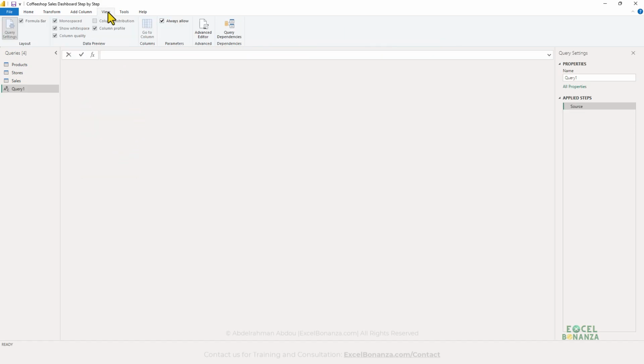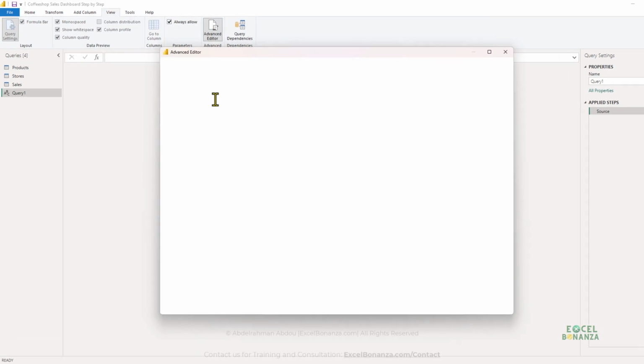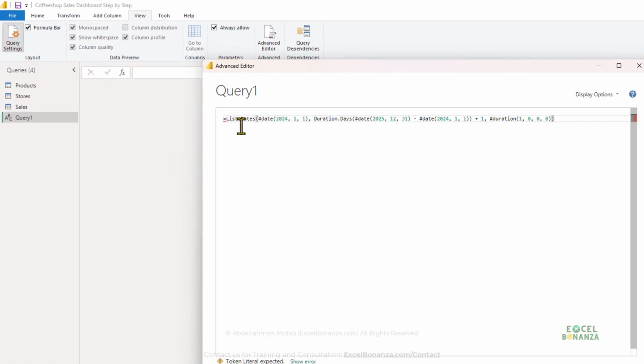And I'm going to go here to the View tab and go to the Advanced Editor. My data actually spans between 2020 and 2023. I'm just going to remove this equal sign first. And because my data spans between 2020 and 2023, I'd want the data to start from the 1st of January 2020, and